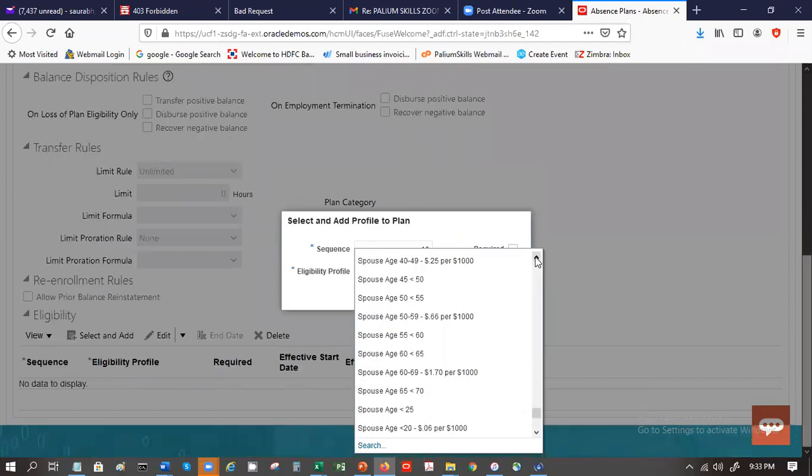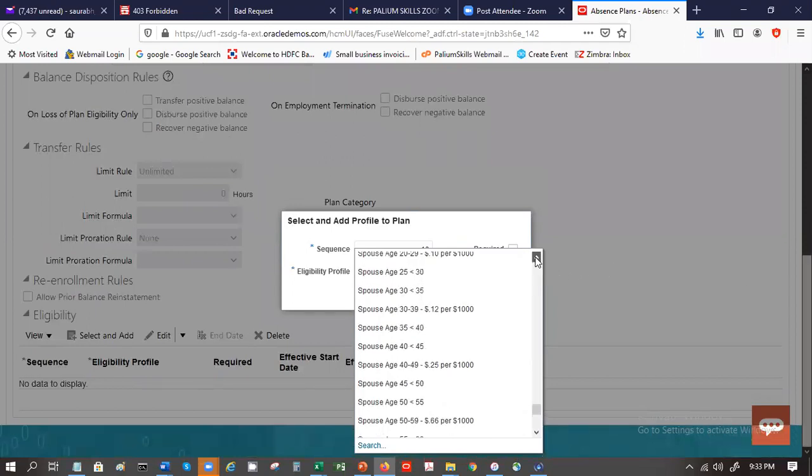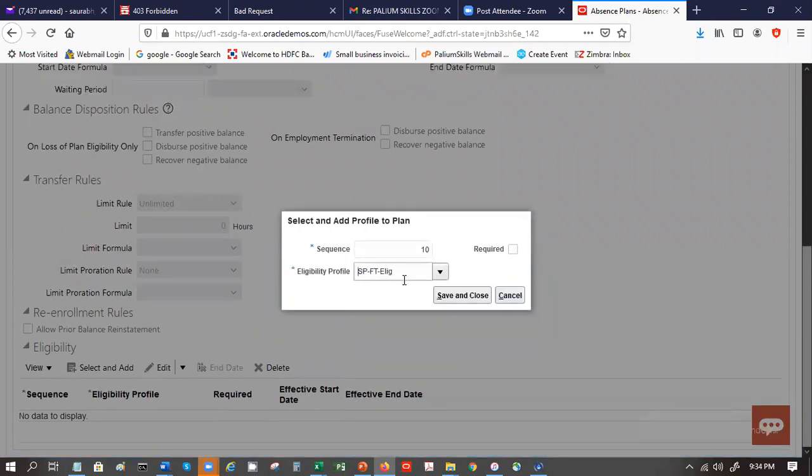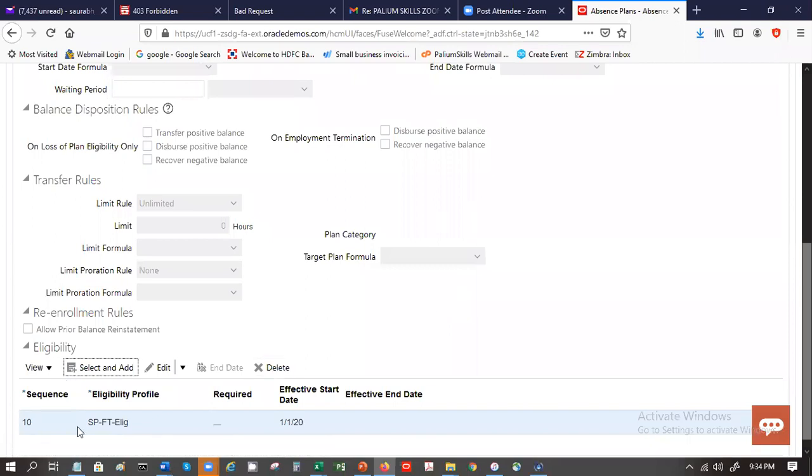SPFT, this was our name. So people who fulfill this eligibility profile will be assigned this particular plan. Clear?